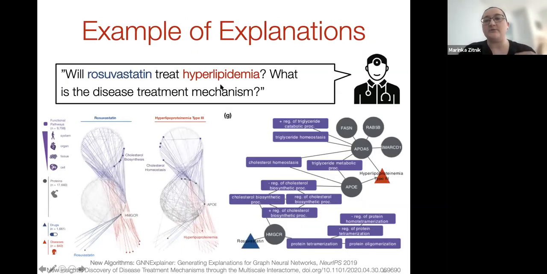And so that allows us, in this particular case of repurposing studies, that domain experts were asking queries, such as will a drug treat a disease? And then the follow-up to that was, what is the predicted treatment mechanism? When that was asked, in the backend, GNN Explainer was run to produce an explanation, which was a part of the subgraph on which the model was trained, around those set of target nodes that are good counterfactual examples for the prediction.